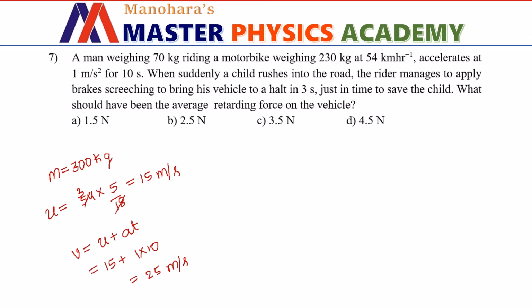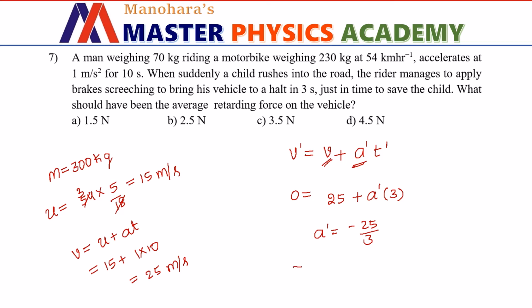So the formula we will be having is v dash equal to v, where v is the initial velocity, plus a dash t. A dash is the average acceleration, or average retardation I can say here, and t is the time for which the body is under motion. The final velocity in this case will be equal to 0. Initial velocity is 25 meter per second, plus acceleration, which we need to find out, and time is given as 3. So a dash will be equal to minus 25 by 3. That is the retardation produced, the average retardation produced.